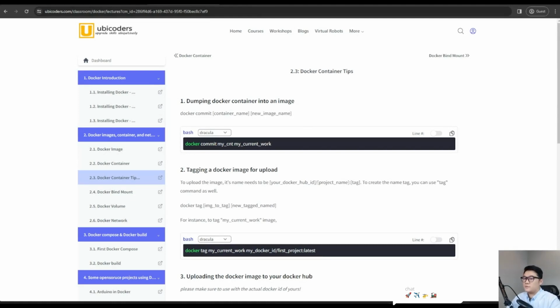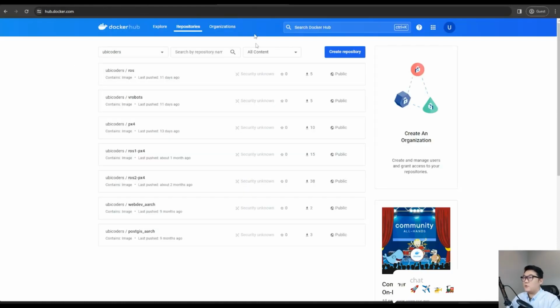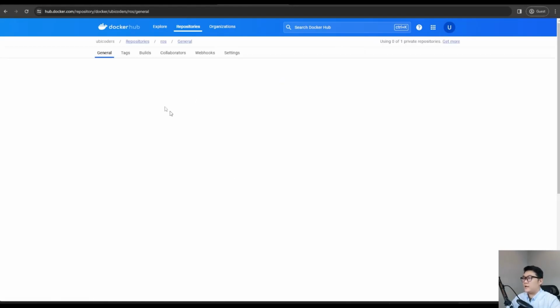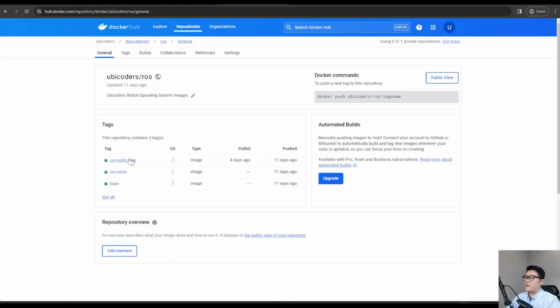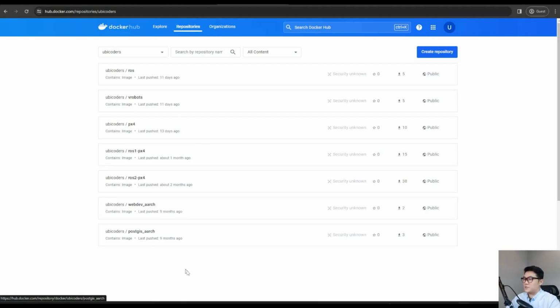Before we start the Docker image and container demo, if I go to Docker Hub, this is the Ubiquitous Docker repo, and all the repo names are like Ubiquitous slash name of the project. And for the name of the project, you can attach several tags. What is a tag? Just think of it as a simple namespace so that you can add more names in addition to your user ID and then project name. So that's the name of the image, and then that's the name of the tag for your image. And then you can have multiple repositories like this as well.